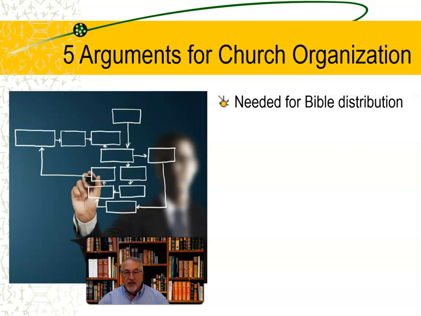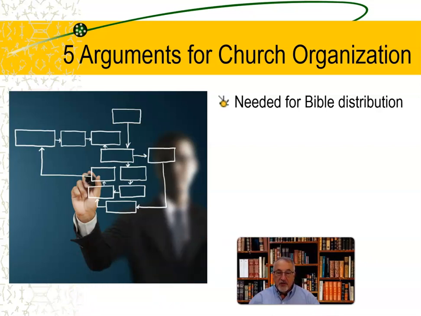Let's say a congregation of 50 to 100 people want to print up Bibles to distribute, let's say in their town, in their county, or their area. It's quite expensive to do printing at this time. And if you said, okay, let's print up 500 Bibles, it would be quite expensive to do that. If, however, 500 congregations went together and said, we need 5,000 Bibles, you could print those Bibles up a lot cheaper. Because at that time you're using a printing press, once the printing press is set up and all the type is set,